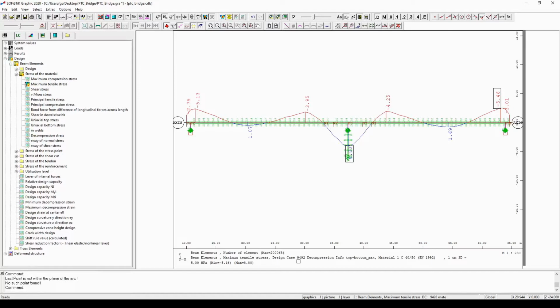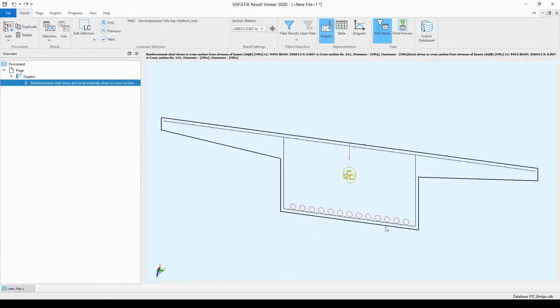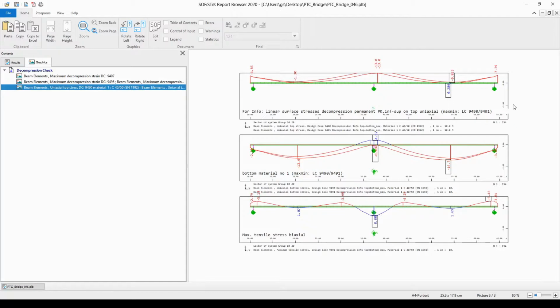This means that the diagram shows the maximum value of the decompression check in the cross-section, and therefore it is also not possible to show it in one cross-section. Since it's an envelope, it is not possible to present it in one cross-section. So if we want to check that the decompression stress in the concrete along the edge that is closest to the tendon is not greater than 0 megapascal, then we should review load case 9490 and 9491 in the result